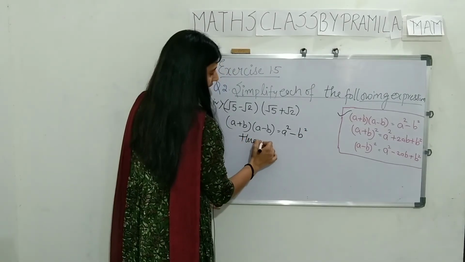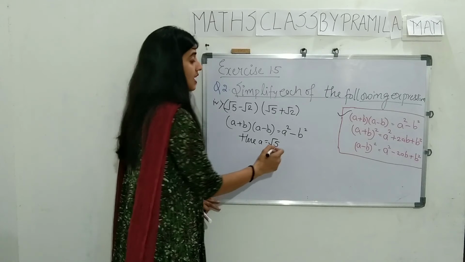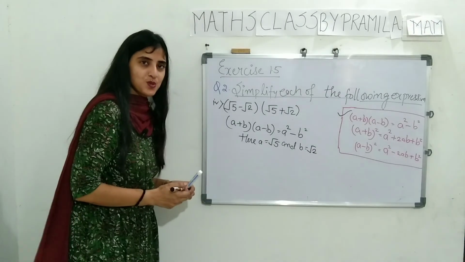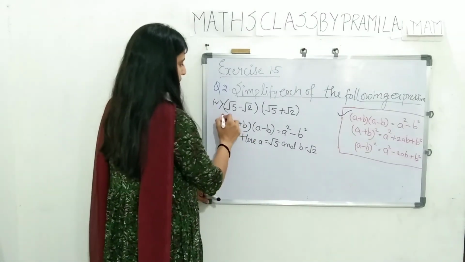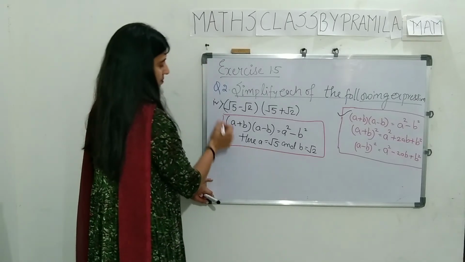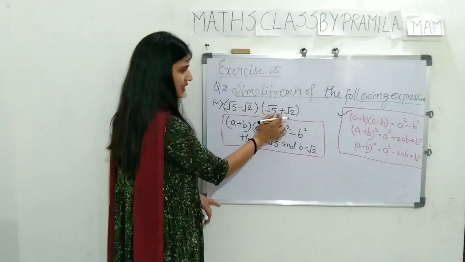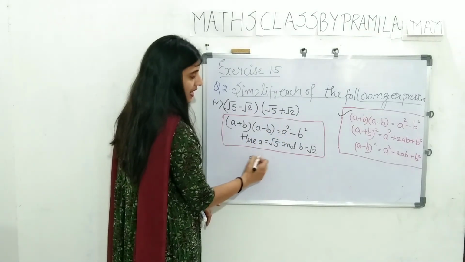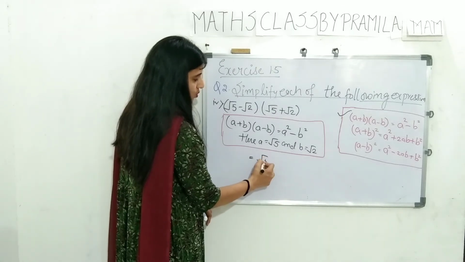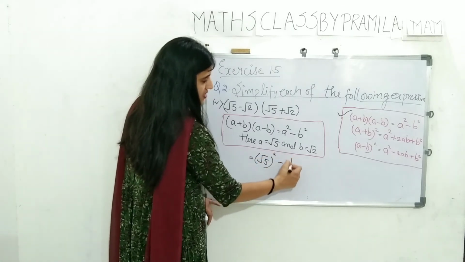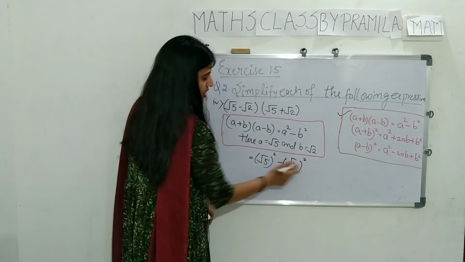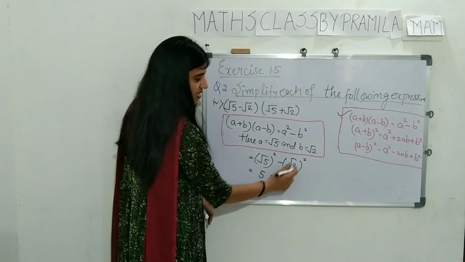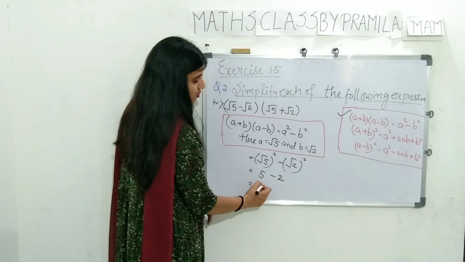Here a is your root 5, okay, and your b is root 2. So again very important, after writing this formula, put this formula in the box. A minus b, you can shuffle it, even you can write this term here, this term there. Okay, so the meaning is the same. So what is the answer? A square, a is root 5, so root 5 minus root 2. So 5 and 5, again square root and root will cancel, you will get only 5 minus, again this will cancel, you will get only 2. 5 minus 2 is 3.